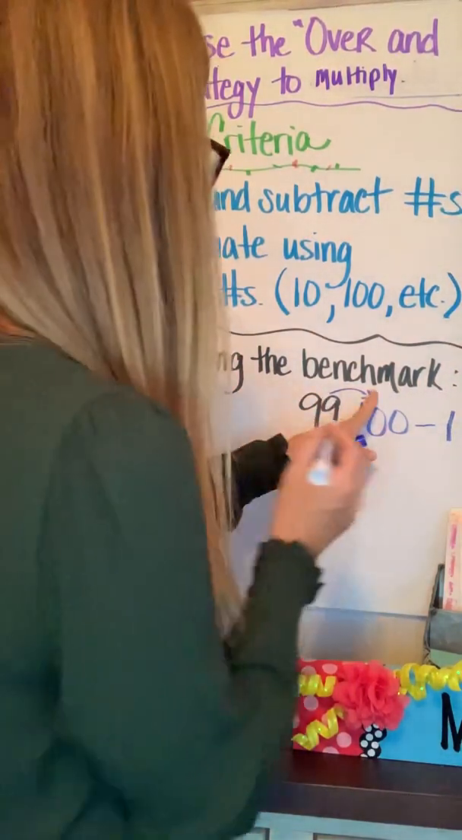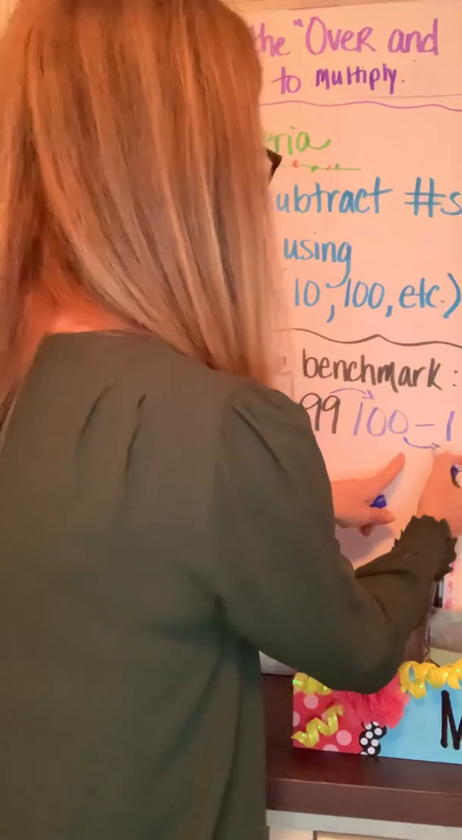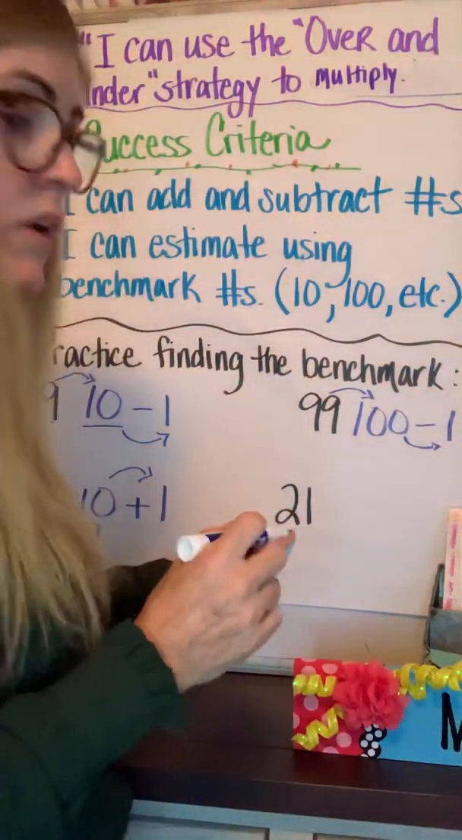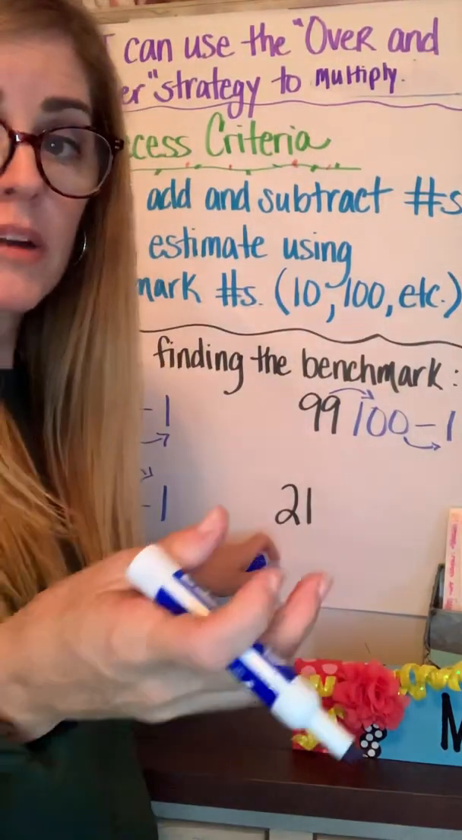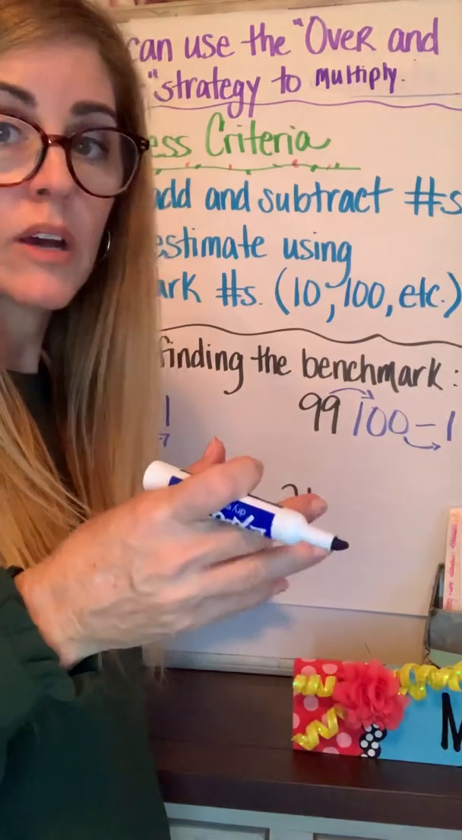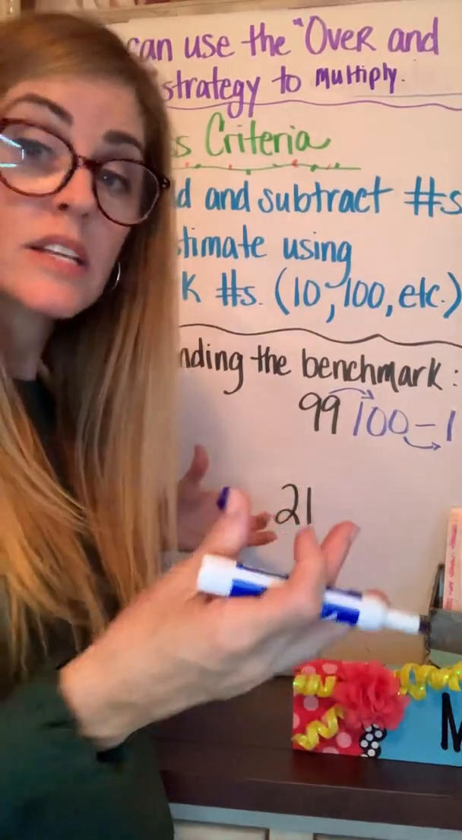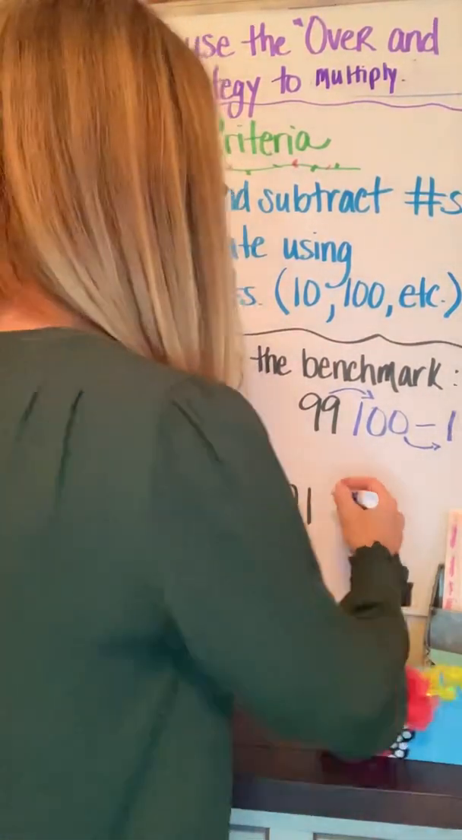So we went over the number, up 1, so we need to go down 1, okay? 21, what would our benchmark number be? Close to 21 would be 20. 20 is not too bad. So 20,